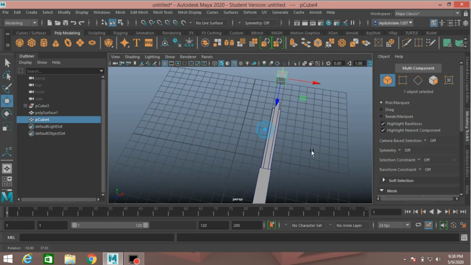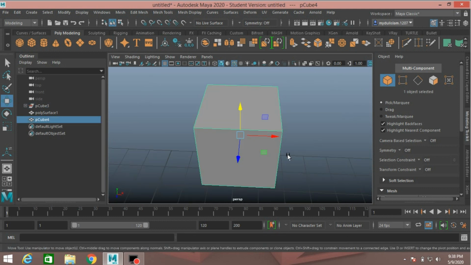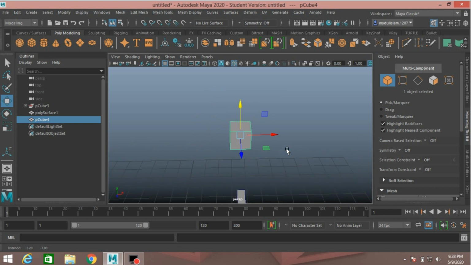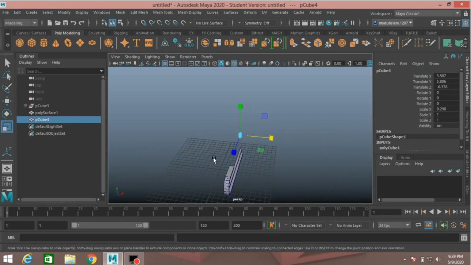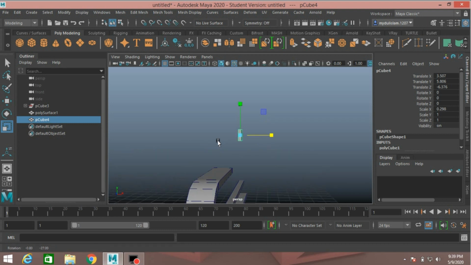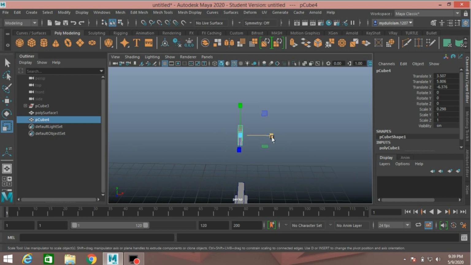Now select this, press F to zoom or focus in and scale it along x-axis, just like this. Scale to make it thin.